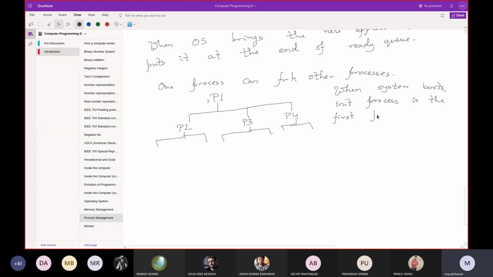All the processes that you will see when the system boots up, like loading up the GUI, starting the network manager, and all the things in the system that start, they all get started from the init process. So whenever the kernel boots up, it puts the init process in the ready queue automatically. That will always happen.